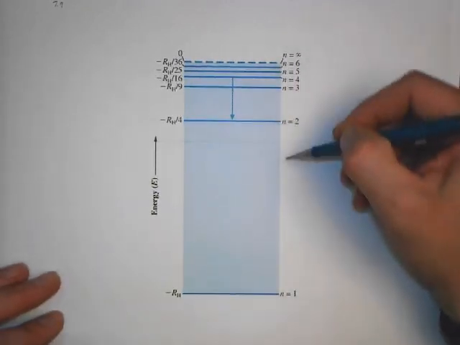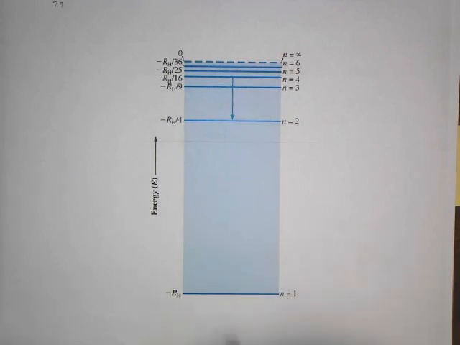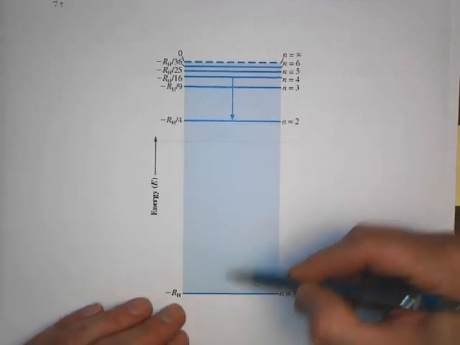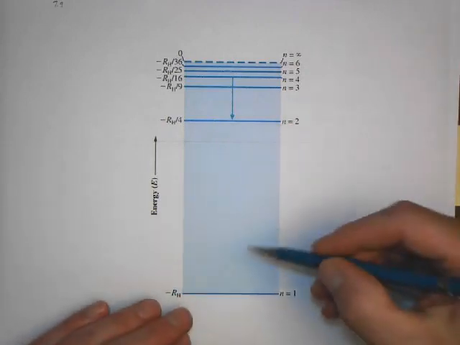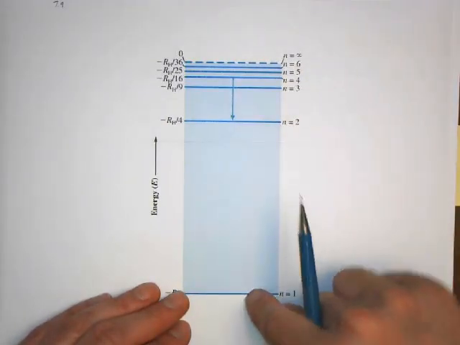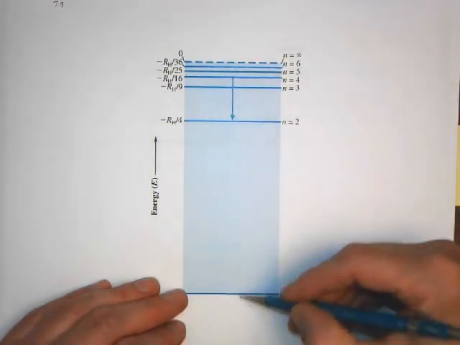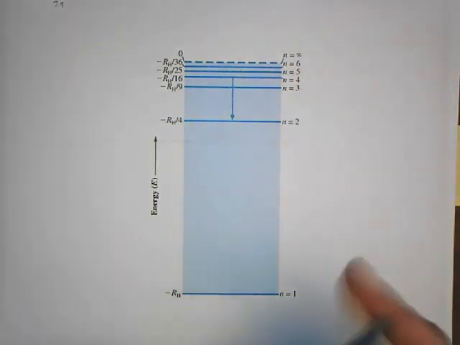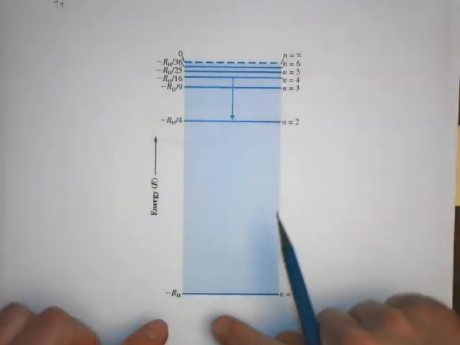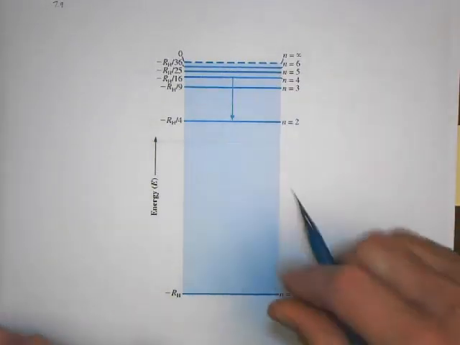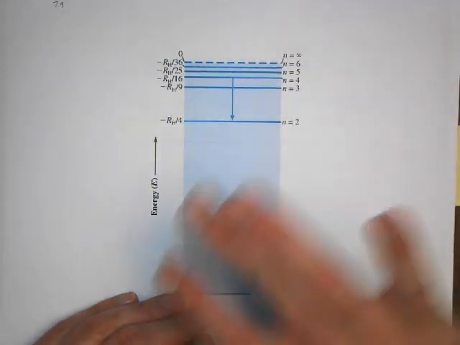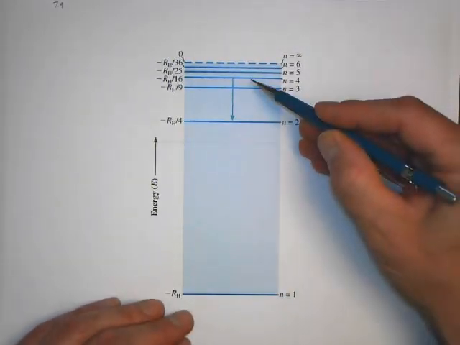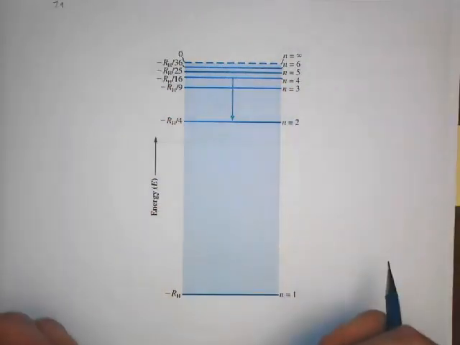The differences between these. Oh, and let me point out also, an electron can change energy level from a lower one to a higher one by absorbing a photon, but the electron would only be able to go from here to here if that energy was at least that much. In other words, it was enough to make that happen, and that would give rise to these lines, the evidence for the lines that we're seeing. So electrons can go from higher to lower, lower to higher. If they're going from a higher energy level to a lower one, a photon is emitted. If we're going from a lower energy level to a higher energy level, the atom would have to absorb a photon.